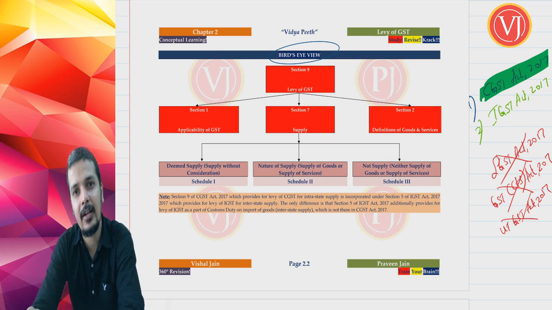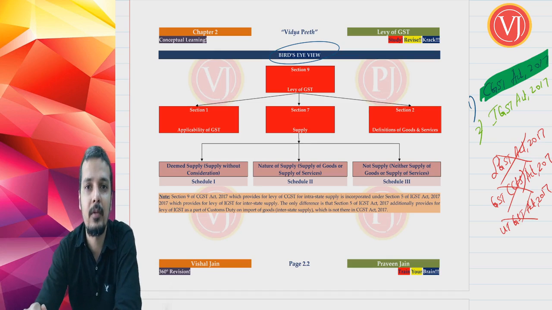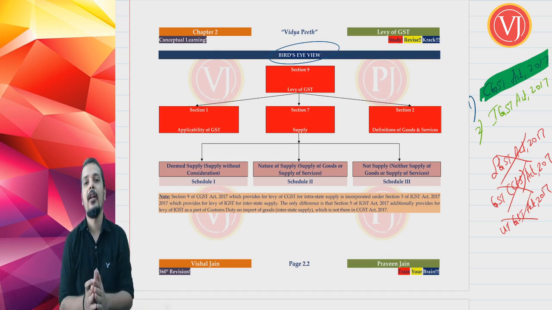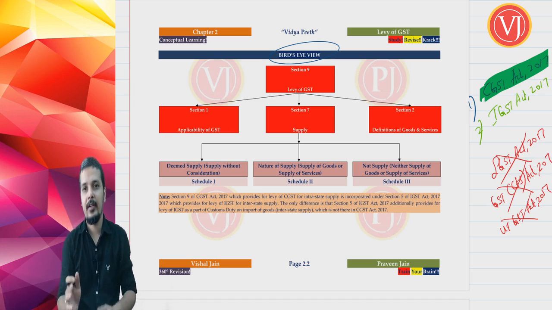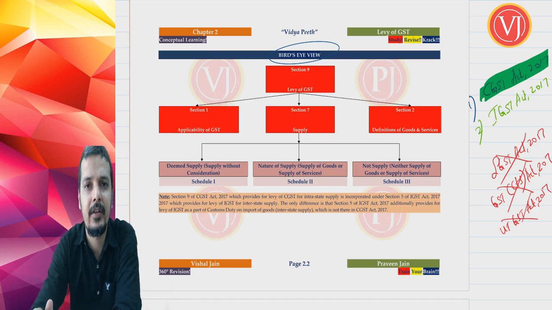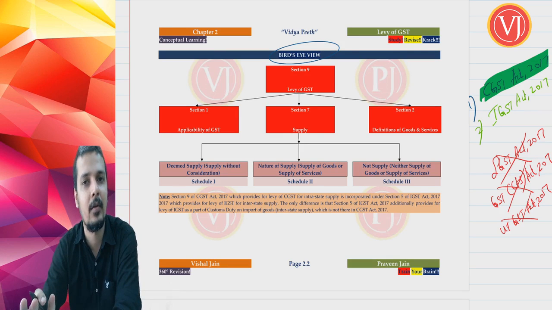So it will ensure that you know the section numbers. The bird's eye view will serve two purposes. One, you will know the outline. Two, you will know the section numbers and rule numbers discussed in that particular chapter. So how are we going to practice that? In the beginning, we'll see all the section numbers and rule numbers which are relevant. Alright, notifications we'll see only within the topic. So section numbers and rule numbers, whatever there are, we'll be seeing in the bird's eye view itself.